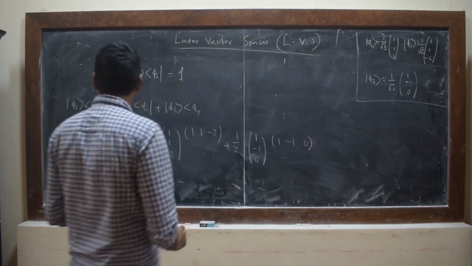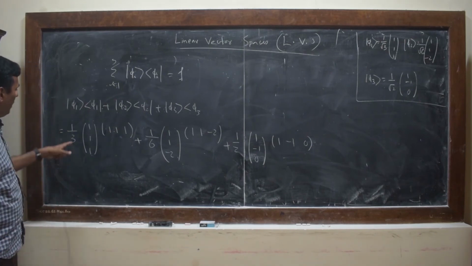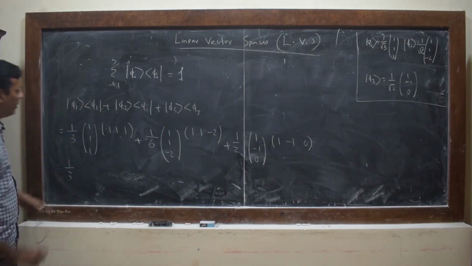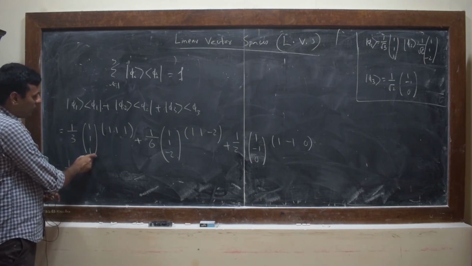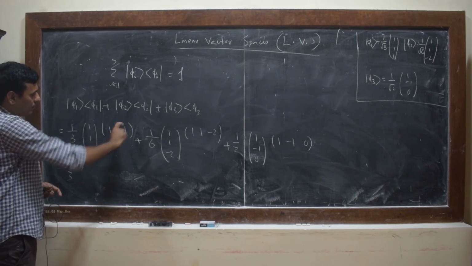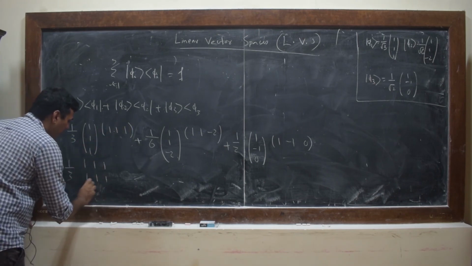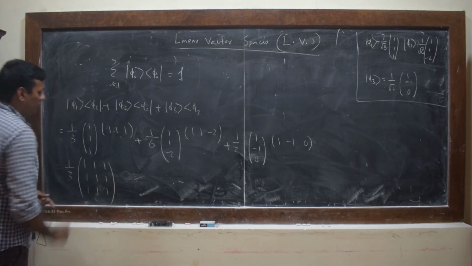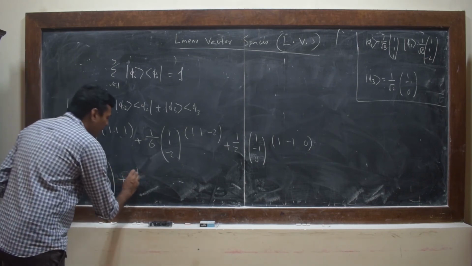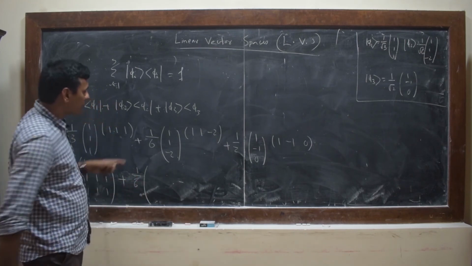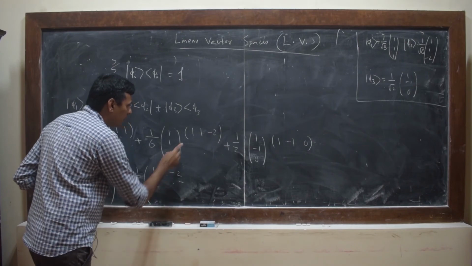So, now let us do this. So, this is equal to that. So, that is equal to 1 by 3 into, so this, what will you get? This is a column vector into a row vector. Okay. So, you will get 1 1 1 1 1 1 1 1 1. So, 3 cross 3 matrix, 1 by 3 into this matrix plus 1 by 6 into 1 1 minus 2,